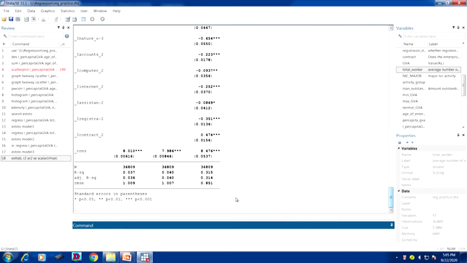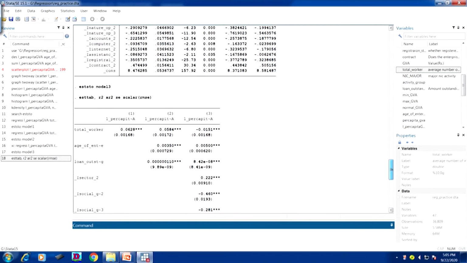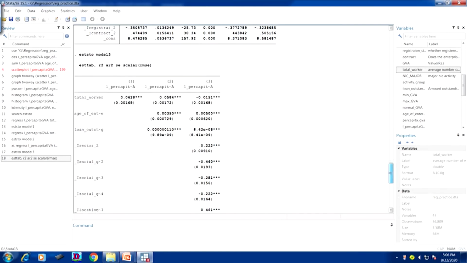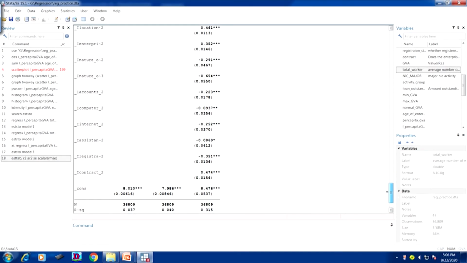Now, look at all the models we have taken so far presented here. Model 1 is presented here, model 2, model 3, and in model 1, if you remember, we have taken only one variable, then in model 2 there are 3 independent variables, and in model 3 all other variables have been taken.